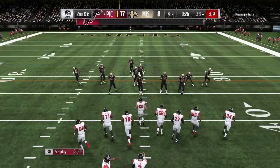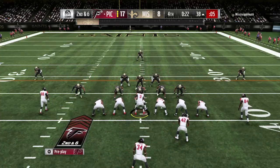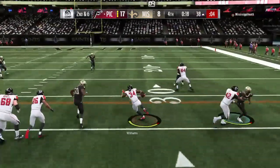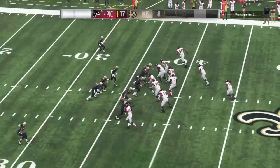I guess the simple question, why not just take a knee there? I don't understand either why you would take any sort of a chance. We've seen it happen in the game of football. Doesn't matter whether you've watched high school, college, or the NFL. Some people get a little greedy, try to...